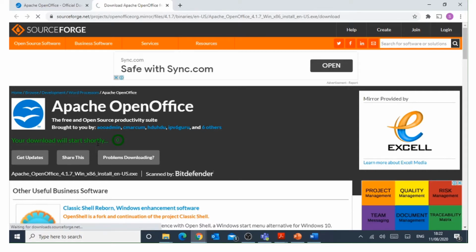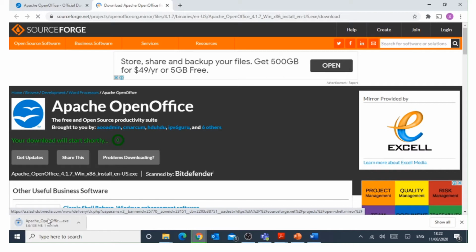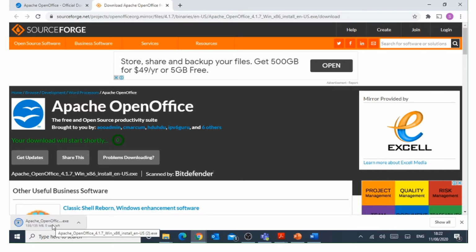A new exe file will get downloaded onto your system, Apache OpenOffice.exe. Can you see it here? You will double click once it has completed downloading. You will double click on the exe file and, following all the steps which have been given, you will install this free Apache OpenOffice software onto your computer.